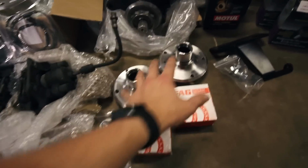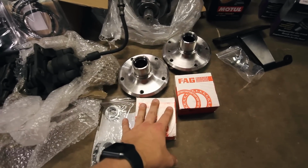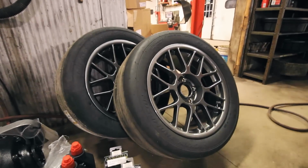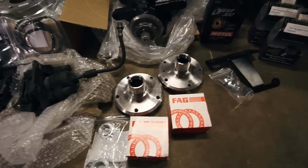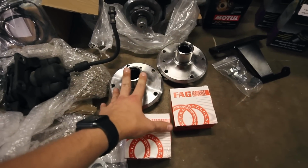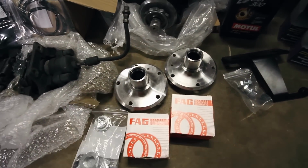This is not needed if you're a 335. This is just something I'm going to do at the same time since it's a 135, and if you have a 135 you know there's not a whole lot of wheel choices for us because the rear fenders just have a weird offset. So I'm doing a 3 series rear hub conversion, that way I can fit different wheels. I'll get to those in a minute, but everything we need to convert the hubs, the brakes, and